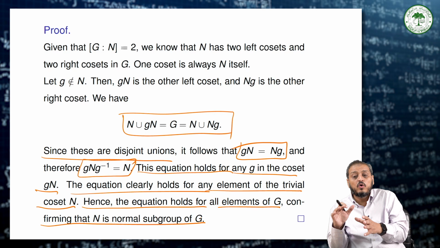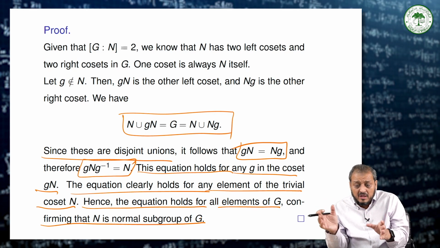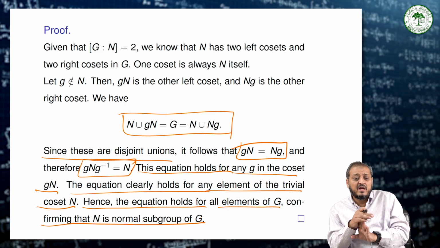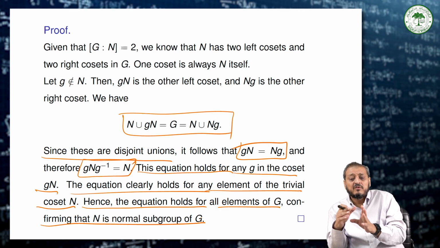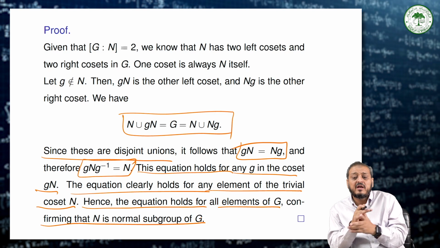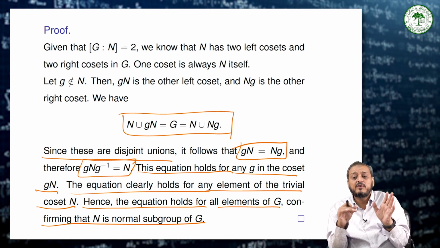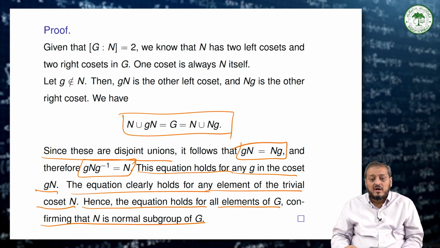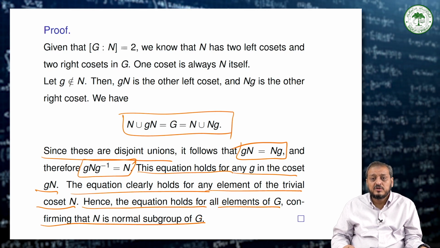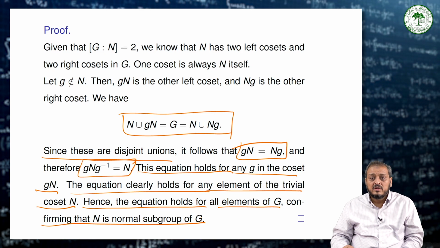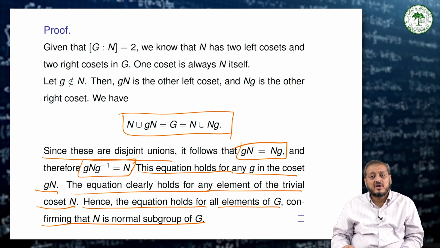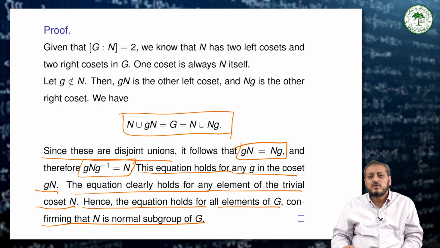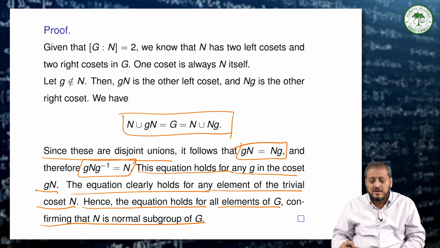So this equation holds for any g in the coset gN. That means this equation clearly holds for any element of a non-trivial coset. Hence the equation holds for all the elements of G, confirming that N is a normal subgroup of the group G. If the index is equal to 2, then we can simply say that we have a normal subgroup. So for example,